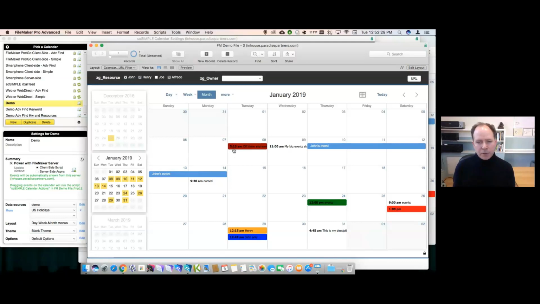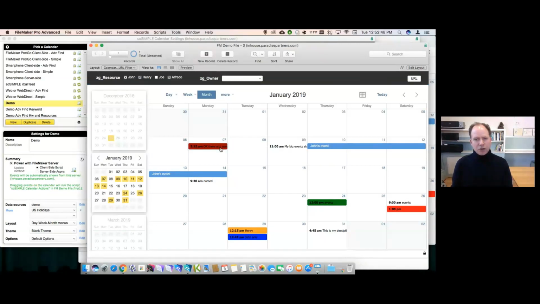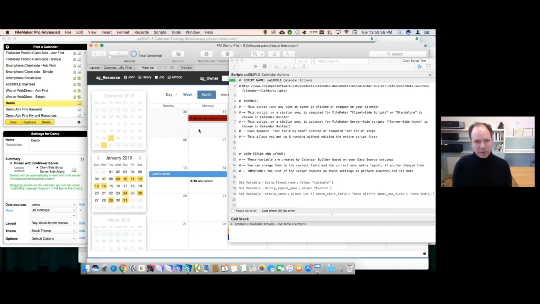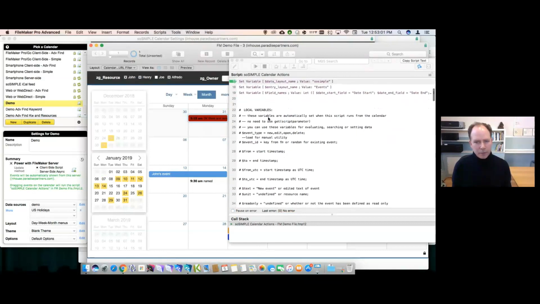Depending how you want to do it, I've never seen anybody do it with the server-side script, but in theory, you could also change information in events in the server-side script too. I'm not sure of a use case for that, but I have seen the case where, for example, if I drag this from here to here, I might want to change something about it, saying, "Hey, alert! This is past due" or something. You can actually change information because all that's running is a client-side script that you can do anything you want with. That's covered a lot in last month's presentation, which is available on